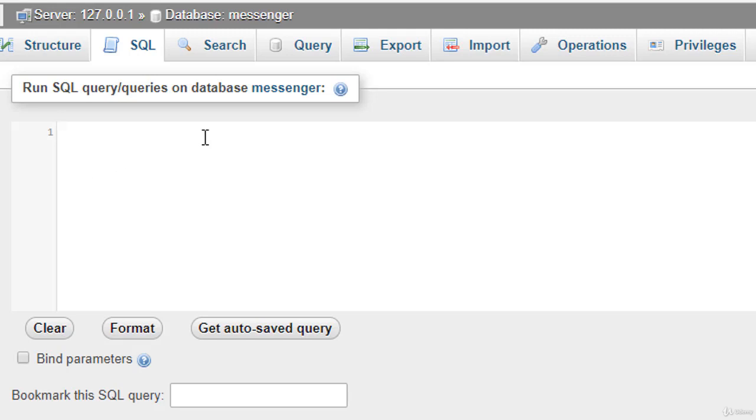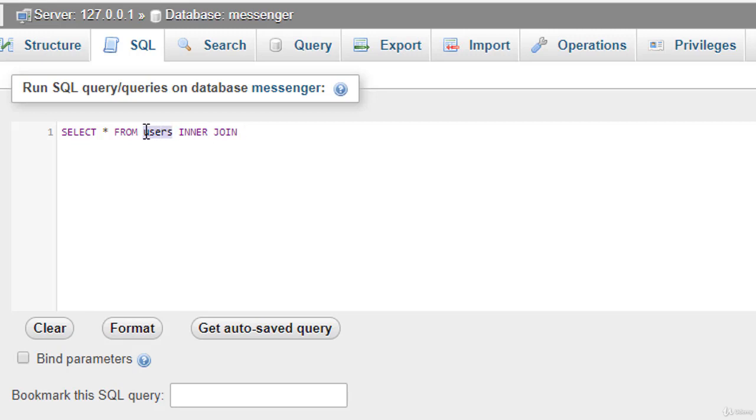So here add, for example, select all from users table inner join.